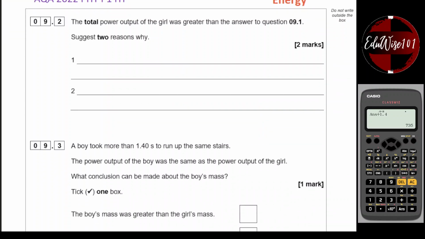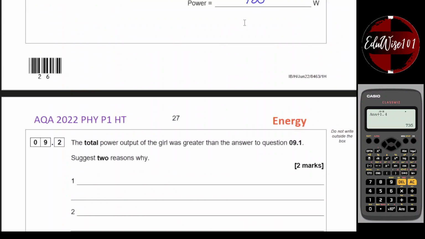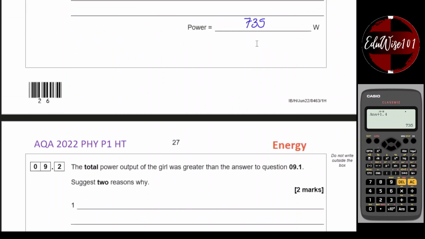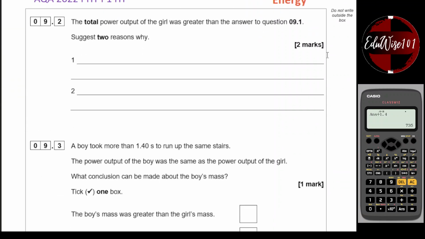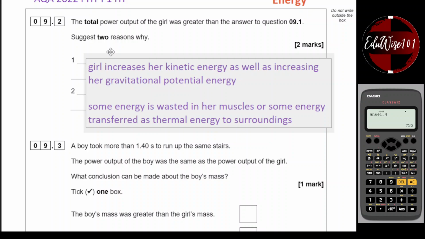Question 9.2. The total power output of the girl was greater than the answer to question 9.1. Suggest 2 reasons why. Why would she actually spend more power than what we calculated, which is 735? Now, there's a couple of reasons. The main 2 reasons are